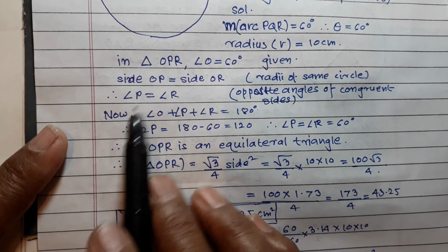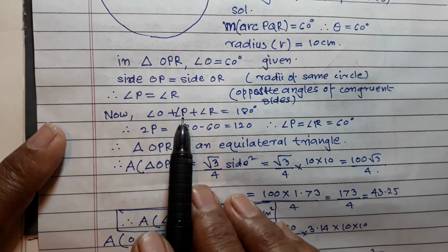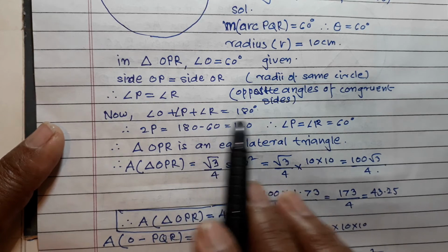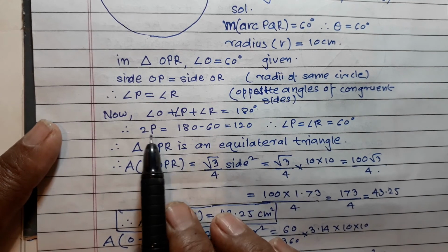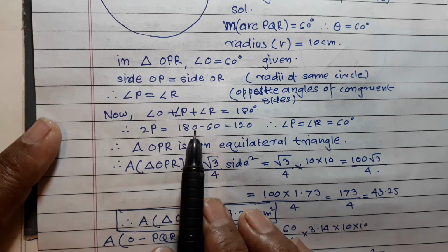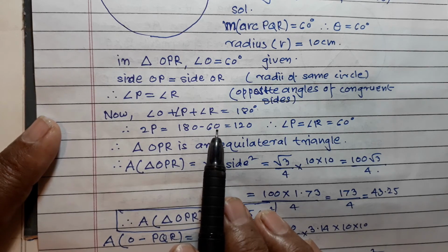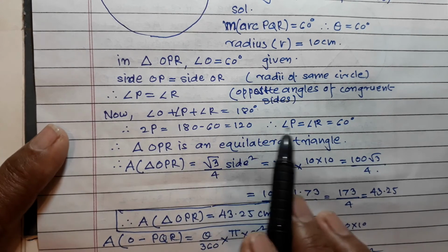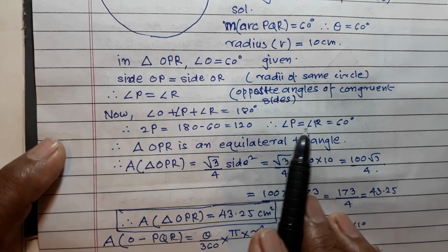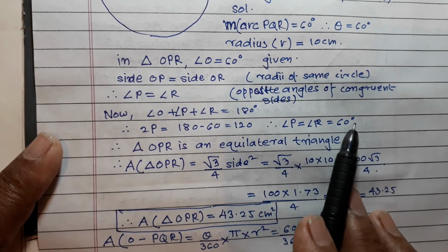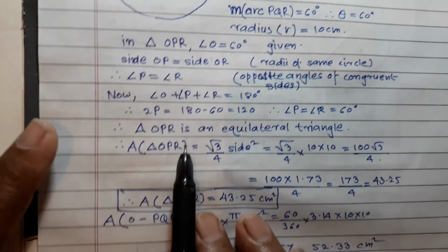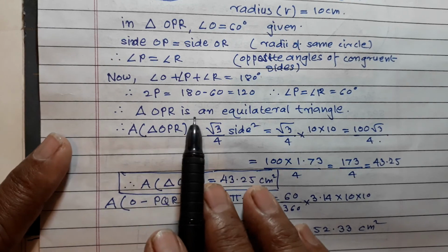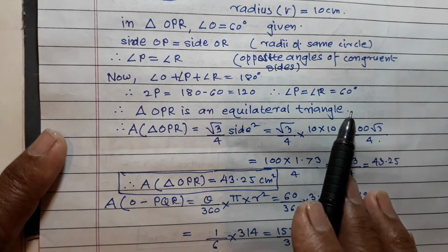Now in the triangle, angle O plus angle P plus angle R is equal to 180, and therefore twice angle P is equal to 180 minus 60 is equal to 120, and therefore angle P is equal to angle R is equal to 60 degree, and hence triangle OPR is an equilateral triangle,